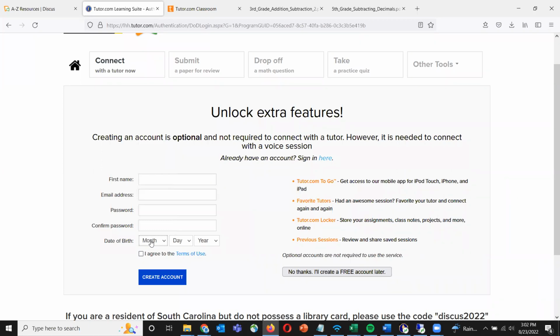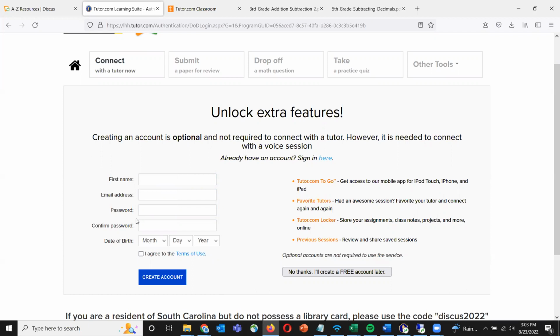What happens when you have a COPA account is, since that is decided based on the date of birth provided, if I show that I am 13 years or younger, I'll have a COPA account and I'll be locked out of some features, because we as a company cannot keep that identifying information. But if the parent is entering everything under their own information, their name, their email address, which is going to be the username, the parent's date of birth, none of that will be an issue. And then the student can have access to all of those extra features. So again, that is why I highly recommend